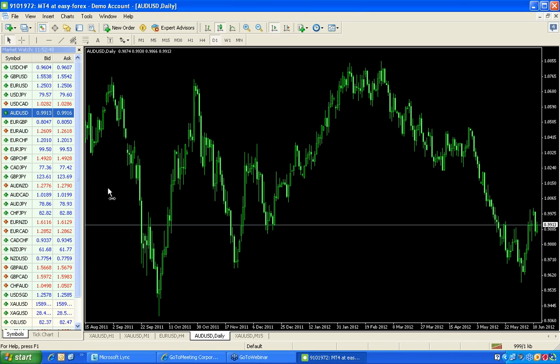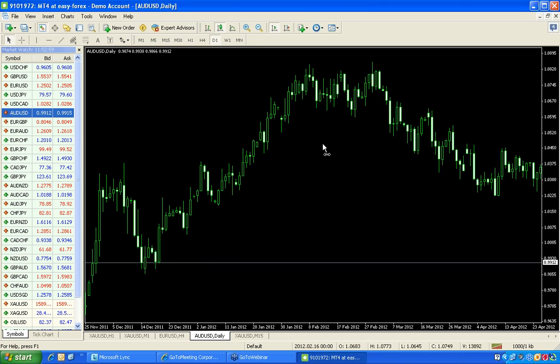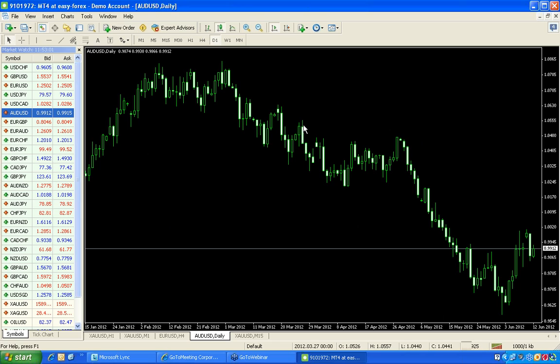So let's just take a look at this pair on a larger scale. This is my daily candlestick chart. So remember, each of these candlesticks that we're looking at here represents 1 day's worth of price movement. Okay, we can see that at the beginning of this year, the pair was moving up. And it came up to challenge these highs,